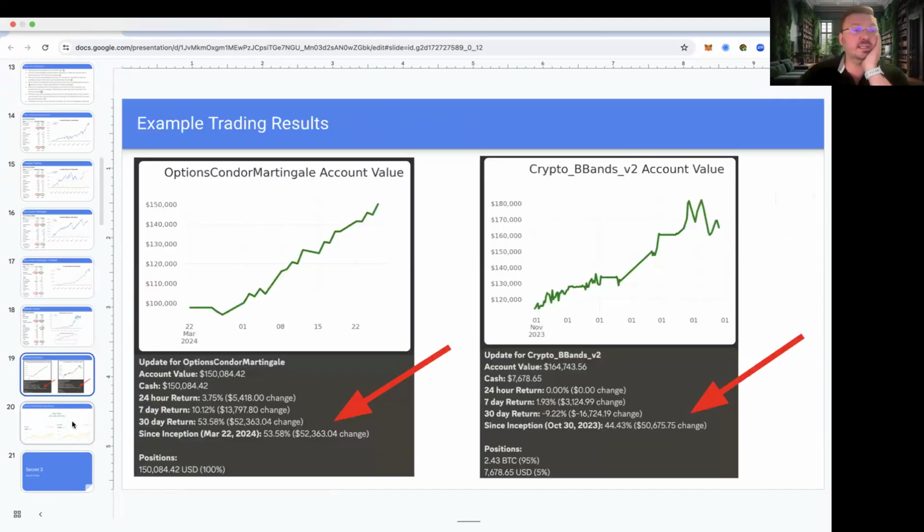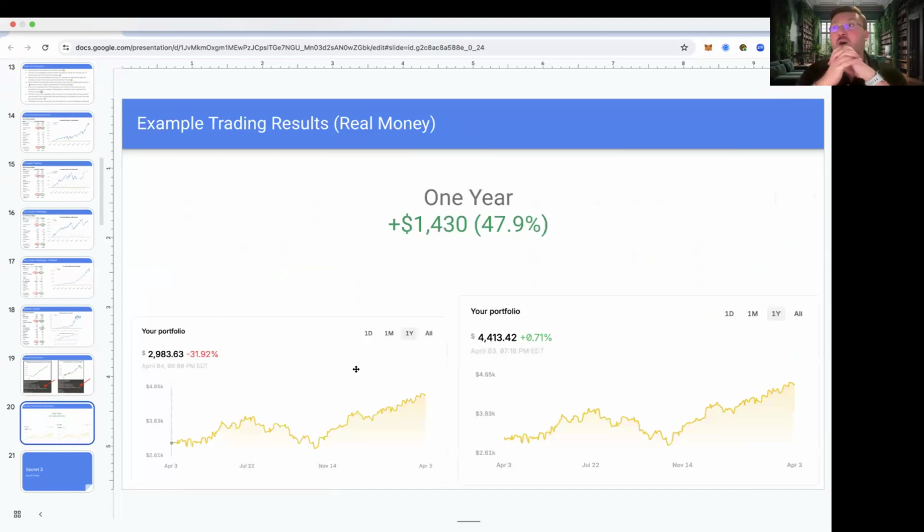We've also been running an algorithm that I've been running for a while. This is one of our first algorithms that we made a long time ago called Diversified Leverage. I didn't show you the back test here, but it also does very well. You know, the back test has been performing quite well. This is real money. I had this in for over a year. It's up almost 50% in the past year.